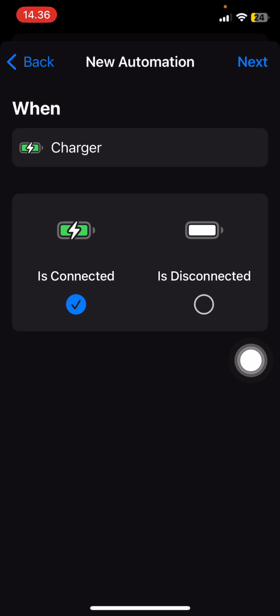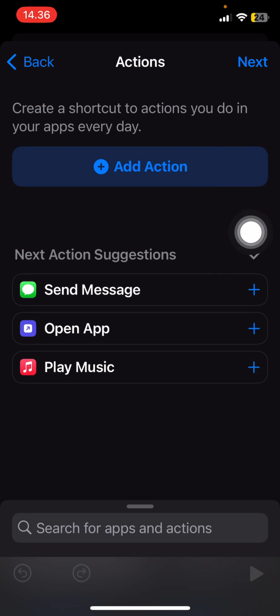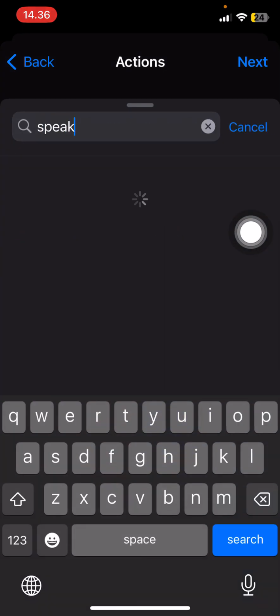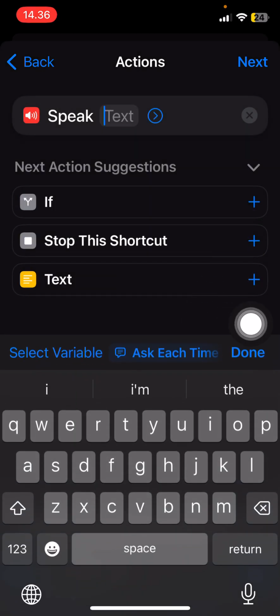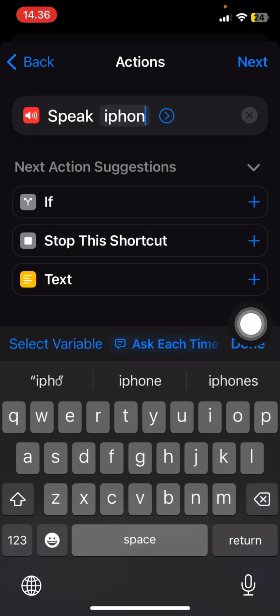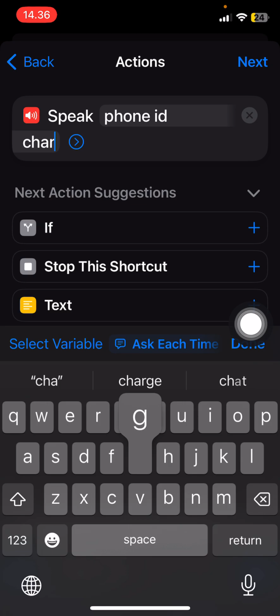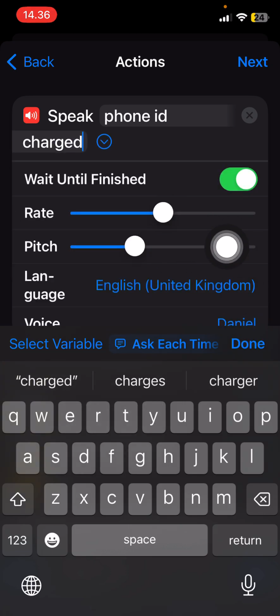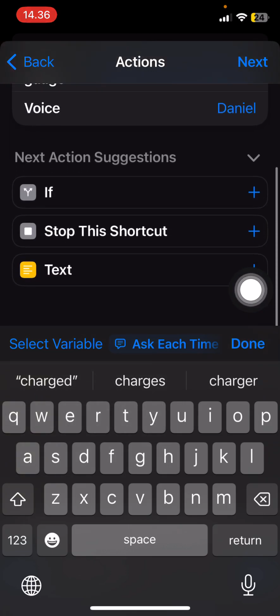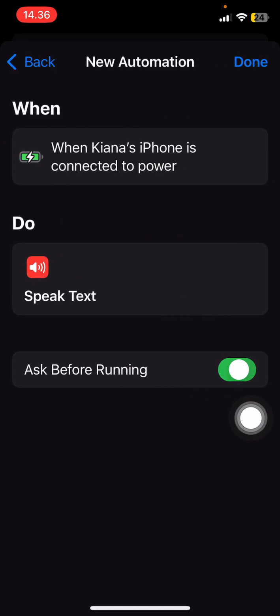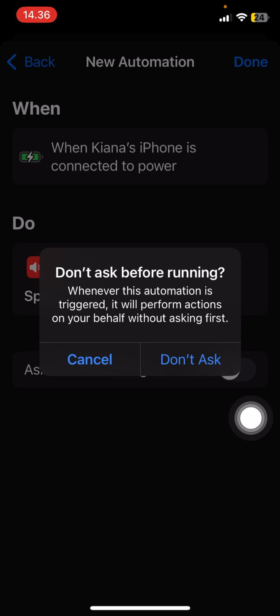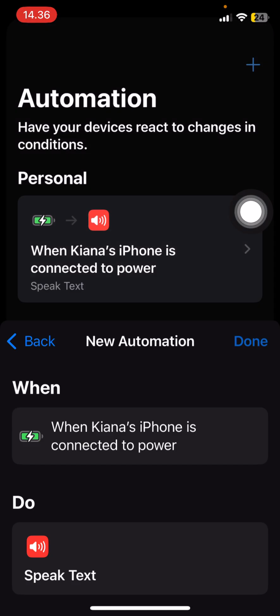So you are going to select the next button, then add action, and you're going to search speak text. Select speak text here and enter the text. Phone is charged, I guess. You can adjust it a little bit, the pitch, the language, as well as the voice. Then you're going to select next. Then you're going to deselect the ask before running, and select don't ask and press done,